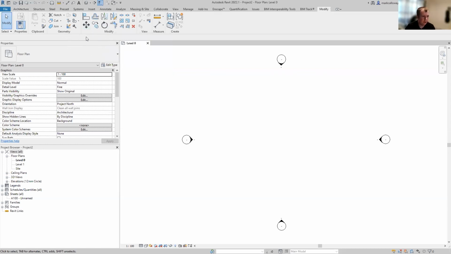Directly below there, we have the options bar. This is currently empty, but we'll see later on, maybe in the next series, we'll start building walls and geometry and all that sort of stuff. We'll get a lot of options in there. Below that, we have our main drawing window, which we'll look at in a second. On the left-hand side, we have our properties window. Again, I'll go into a little bit more detail in a moment. And then below that, we have our project browser. So those are the main areas